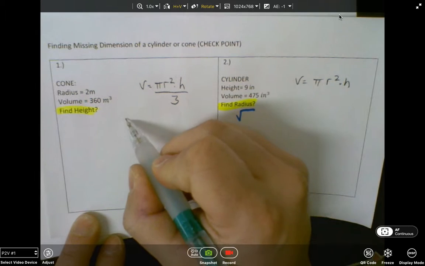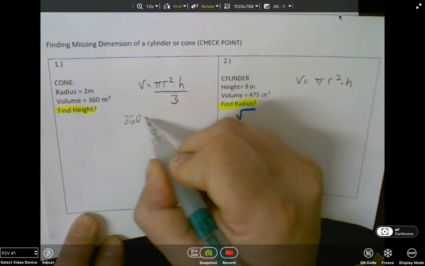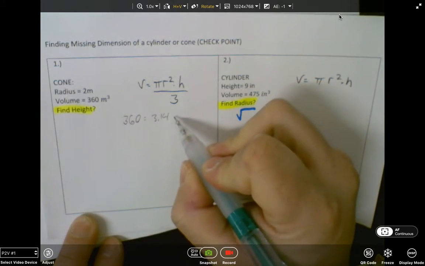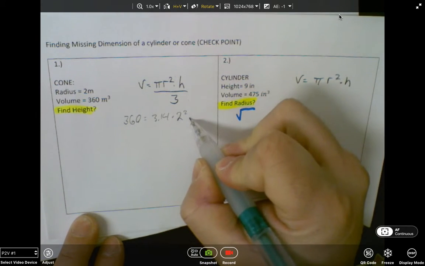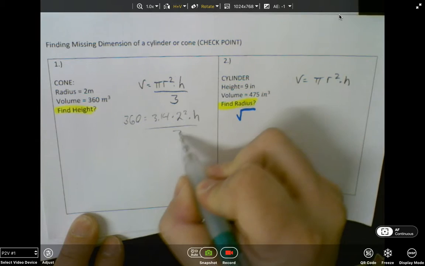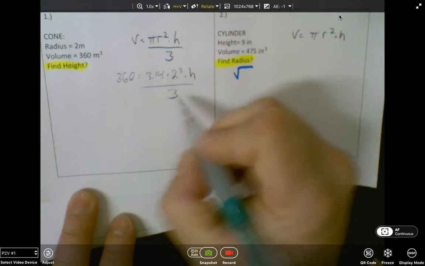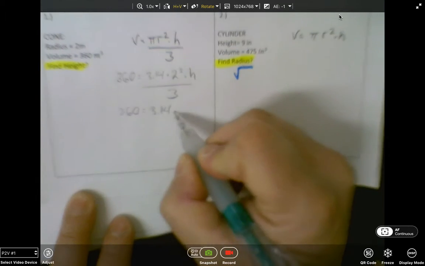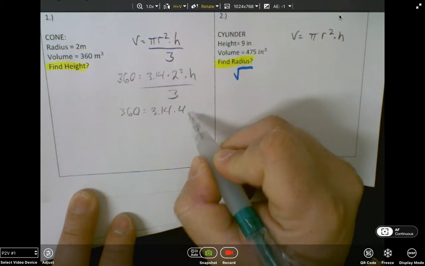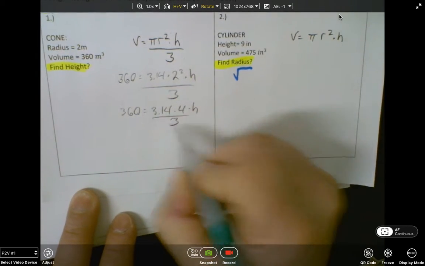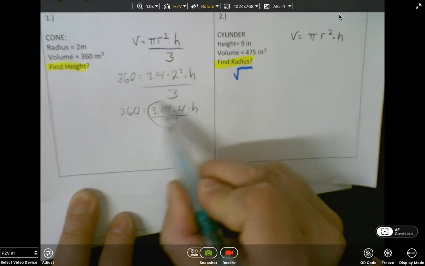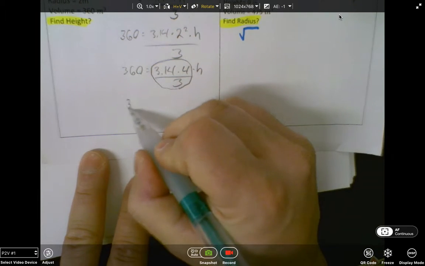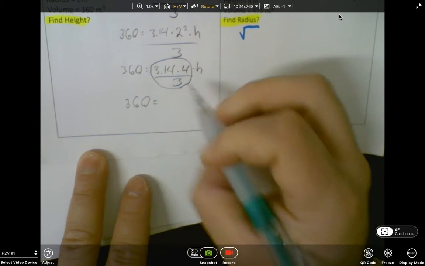So the volume here is 360 equals 3.14 for pi. The radius is 2, so I'm going to do 2 squared times the height is unknown divided by 3. We know that 2 squared is 4, so I do 360 equals 3.14 times 4 times the height divided by 3. So if I just do this part of my calculator, which seems to be easier than clearing the fraction for people, you get 360 equals